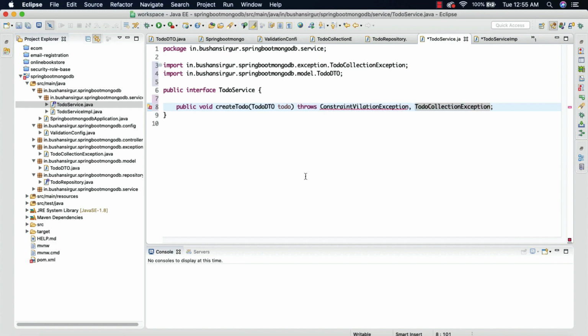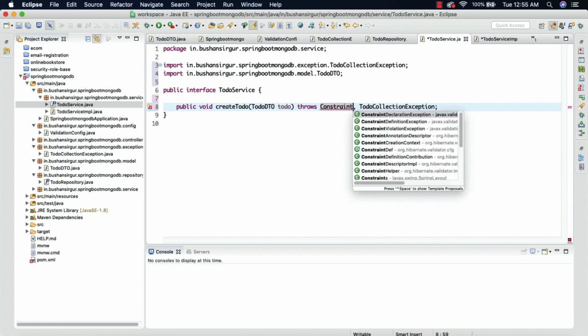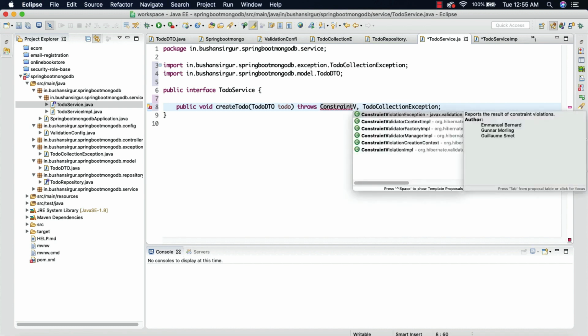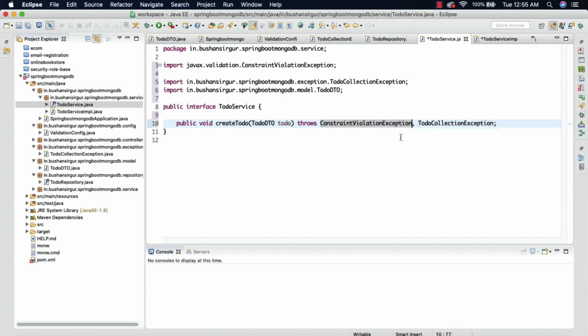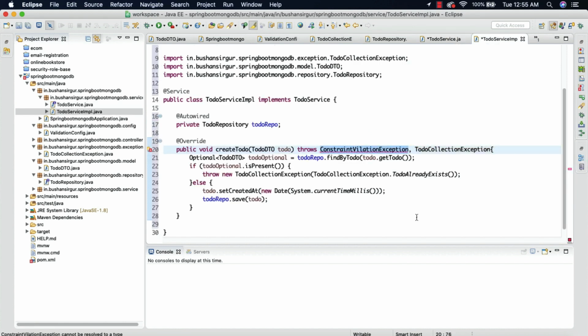Okay, I think this is ConstraintViolationException. All right, so let's copy this and paste it. Let me import it here.